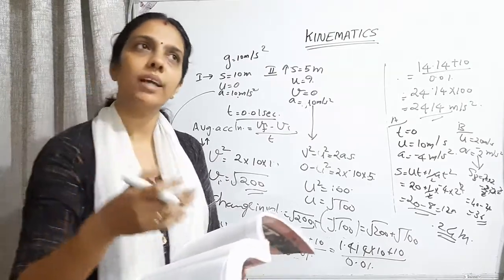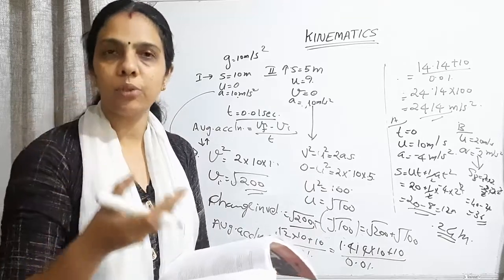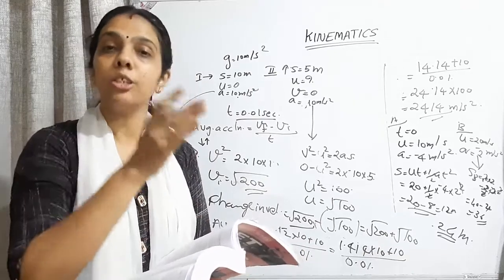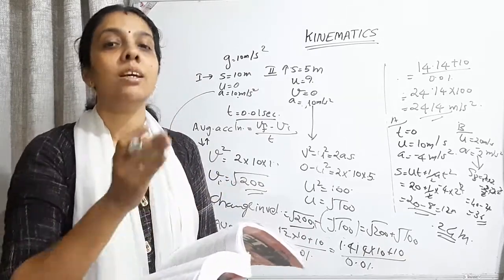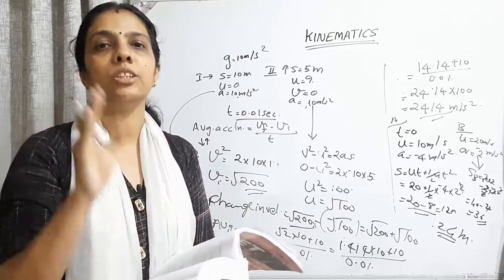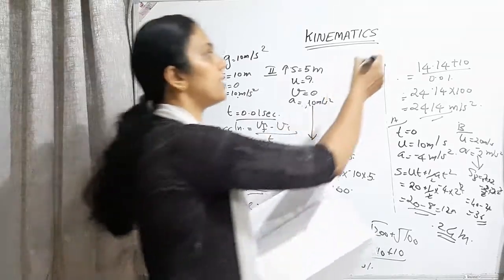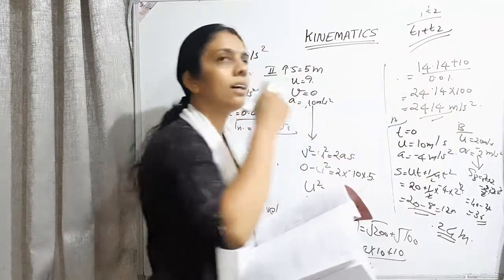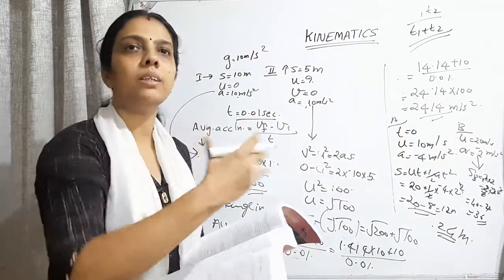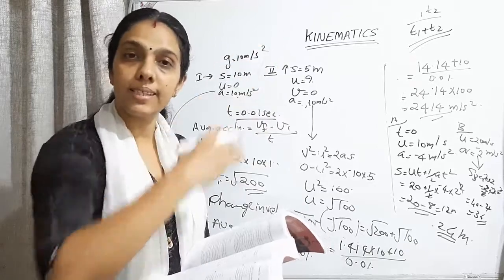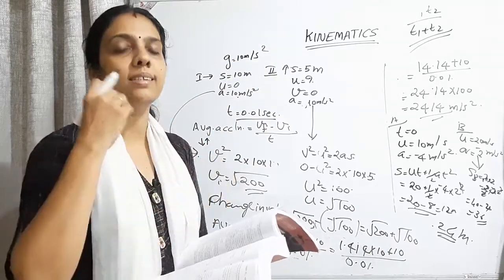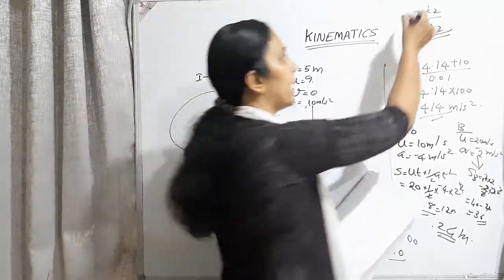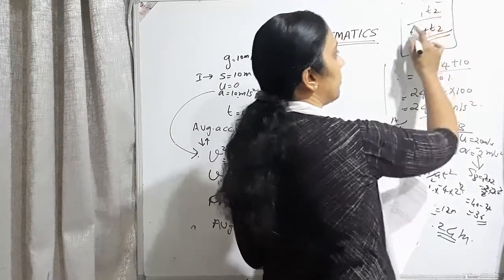That is the formula. You can find it out using the initial and final distance, or take the displacement and find it out. But better than that, you can memorize this equation: T1 T2 divided by T1 plus T2 is the time taken by the girl to travel the same distance, when the escalator is also moving and the girl is also walking on the escalator. That time you can find out using T1 T2 divided by T1 plus T2.